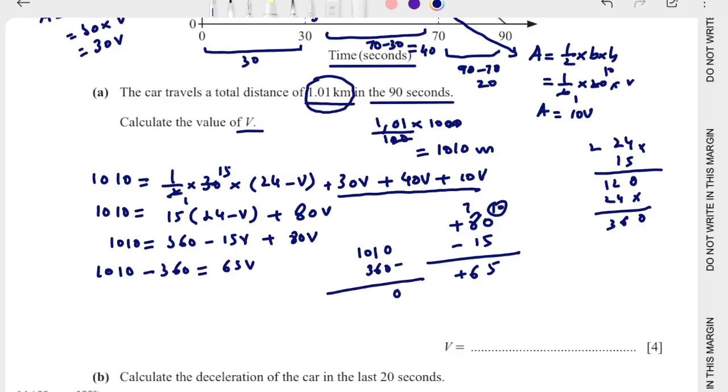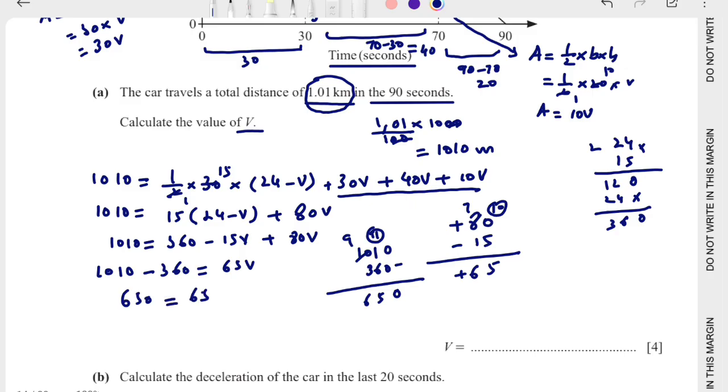So it will be 0, we have to take one carry, it would be 11, here would be 9, so 11 minus 6 is 5, and 9 minus 3 is equal to 6, so it would be 650 is equal